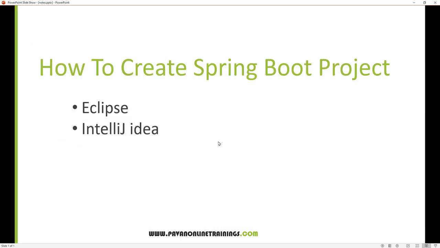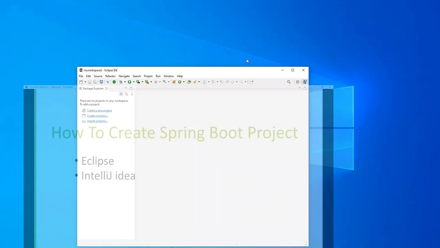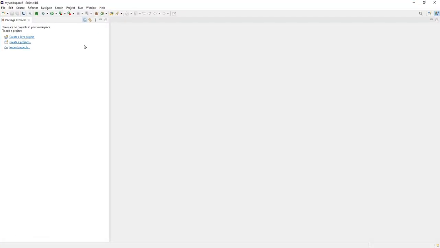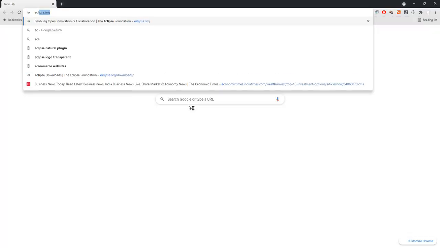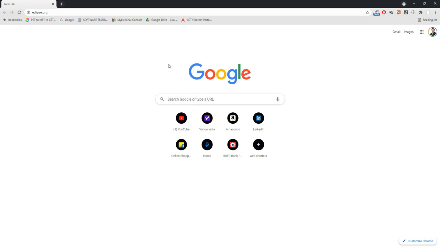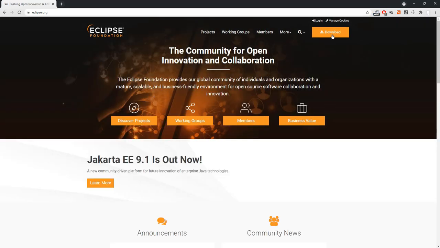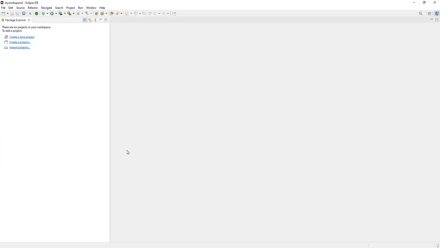Once you have installed Java, then we need to also download and install Eclipse, which is already downloaded on my machine. If I look here, this is my new Eclipse which is newly downloaded. Or if you do not have Eclipse, you need to go to the Eclipse official website, eclipse.org, and from there you can download the latest version of Eclipse IDE. These are the two prerequisites. One is you need to have JDK or Java, and the next thing is you need to have Eclipse.